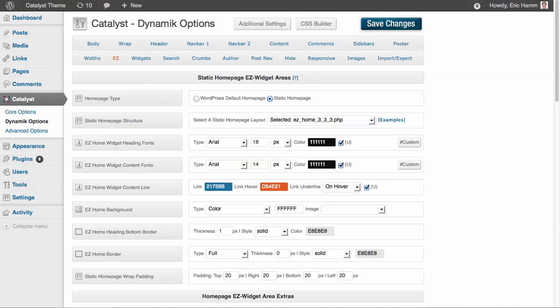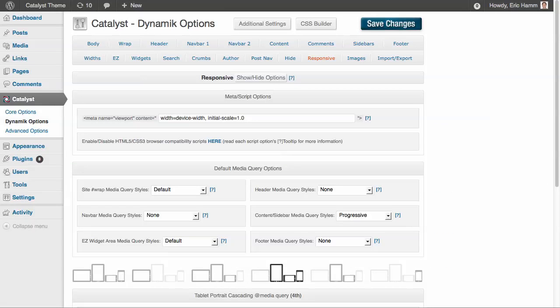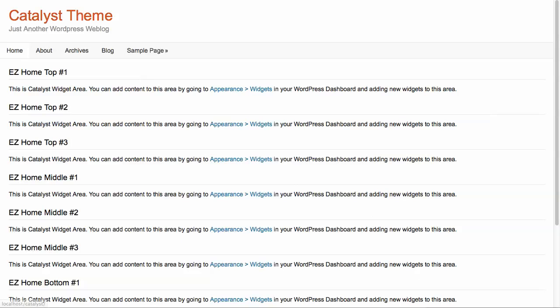So to fix that, we're going to go to the responsive tab. We're going to go to the Easy Media Query styles, and we're going to set this to delayed. And delayed is pretty much the same thing as progressive for the content. The reason it's called delayed is because it delays the point at which they drop below each other